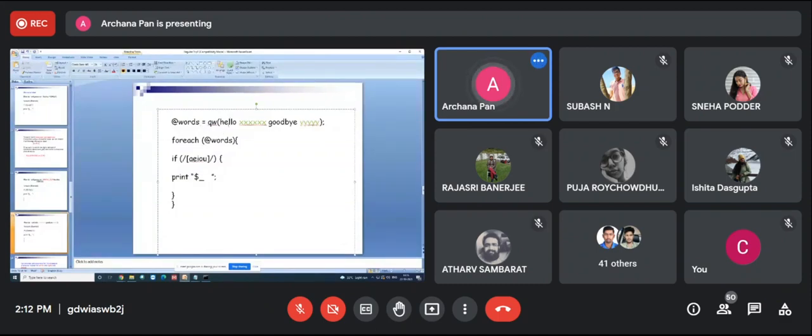See this one, a e, what is the meaning? Whatever you write within this, if any one of them is present in these elements, you will get a match. A, E, I, O, U. Here E is there, so the first one will match.